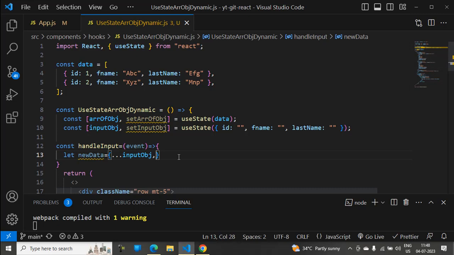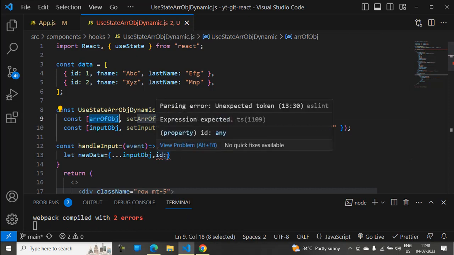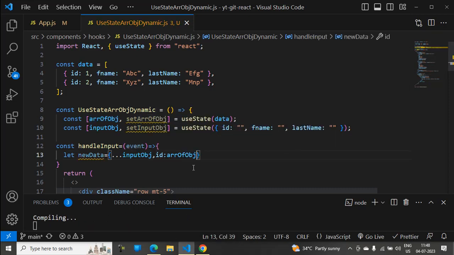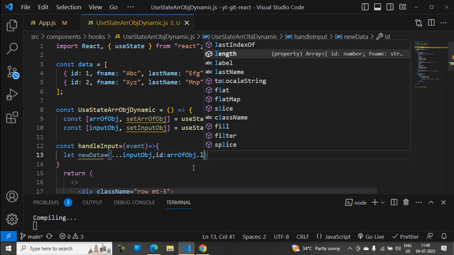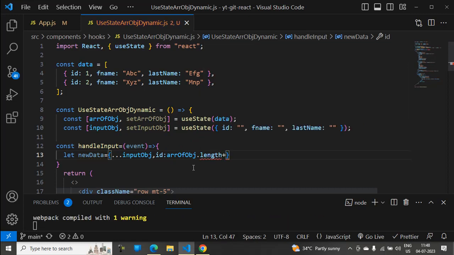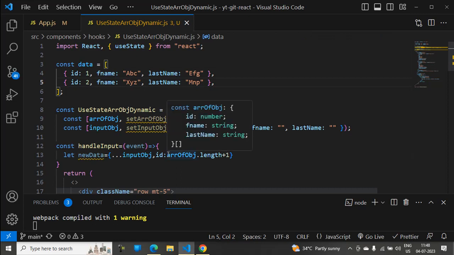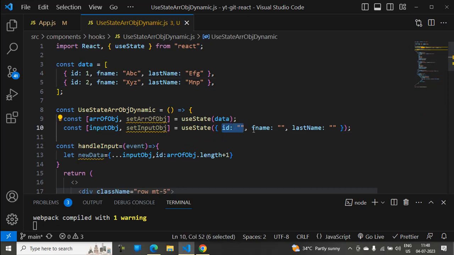And the id could be the length of that one, dot length plus 1. Previously two IDs are there: first ID, second ID, third ID. How could we get it? Two IDs, length plus 1, so that we'll get the ID. So we have finished this one. Then focus on first name. Here first name means comma,